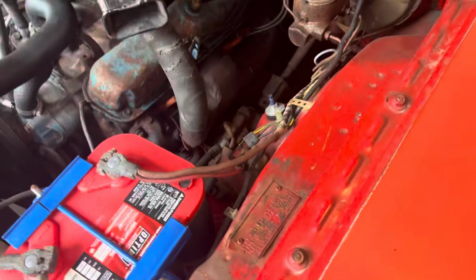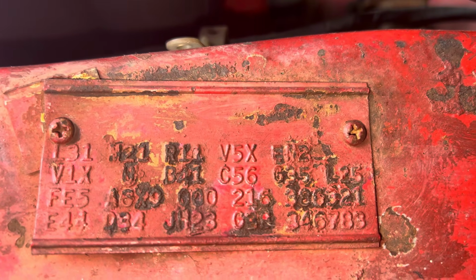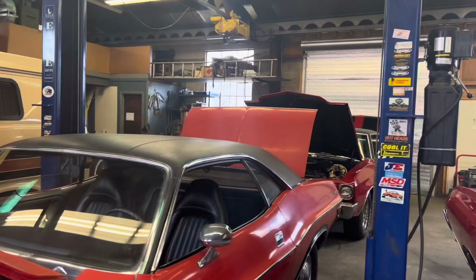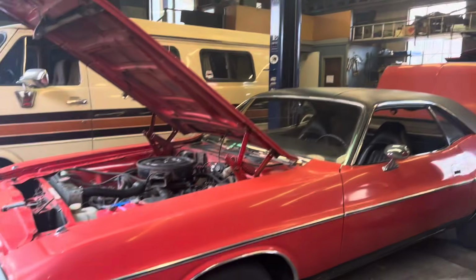I get around here to where I'm pointing face up. There. Okay. Nice 1973 Dodge Challenger as well, coming up for sale. All three cars are for sale. Check the description